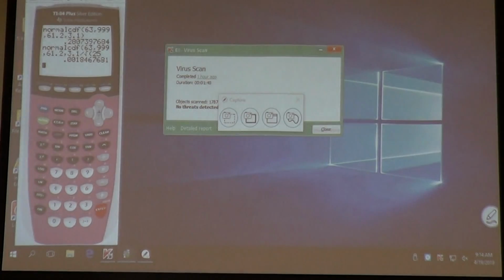Jenny, will you shut that for me whenever you feel? Calculators, make sure